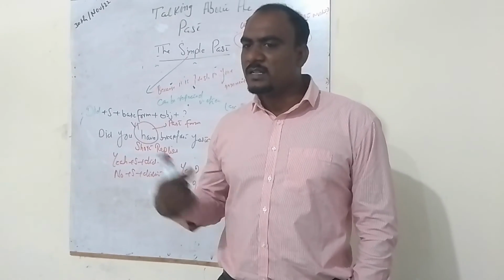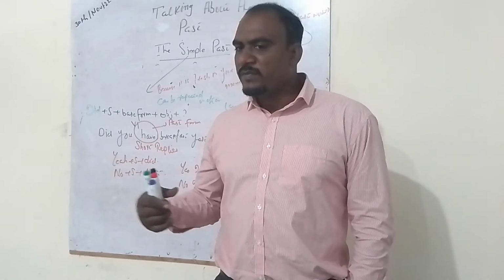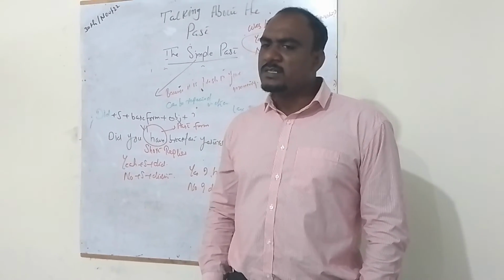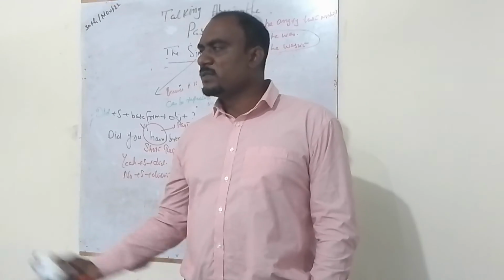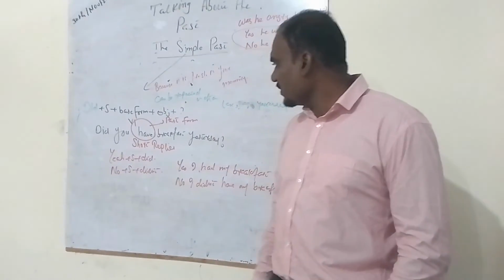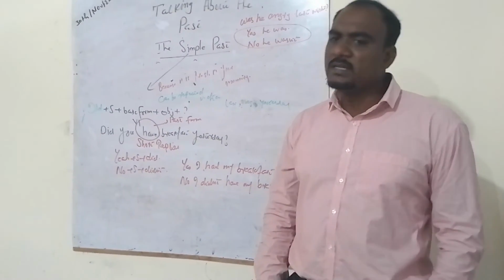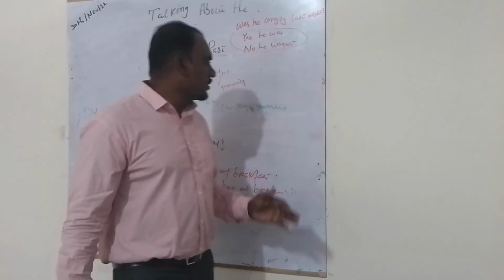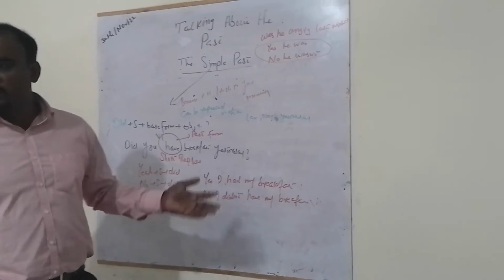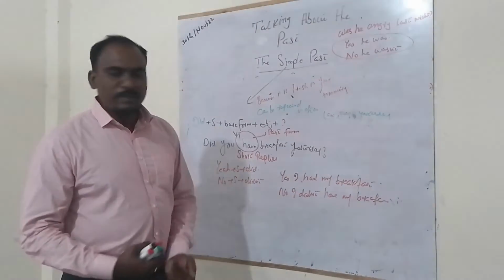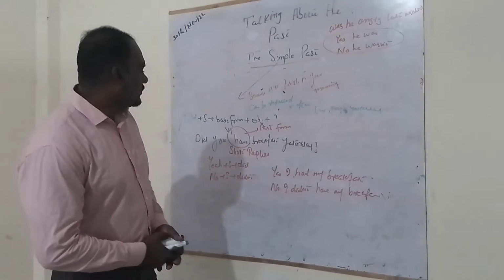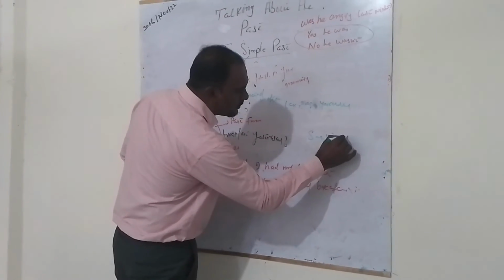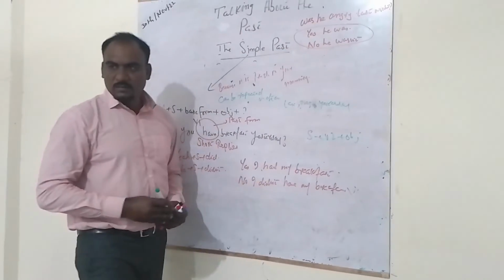I visited it last Sunday. I visited it with my friends. We had some snacks over there and we purchased some things as well. But this was the most crowded place I ever visited. So always try to write your routines about last Sunday. How did you spend your last Sunday? Use this formula: subject, V2, object.